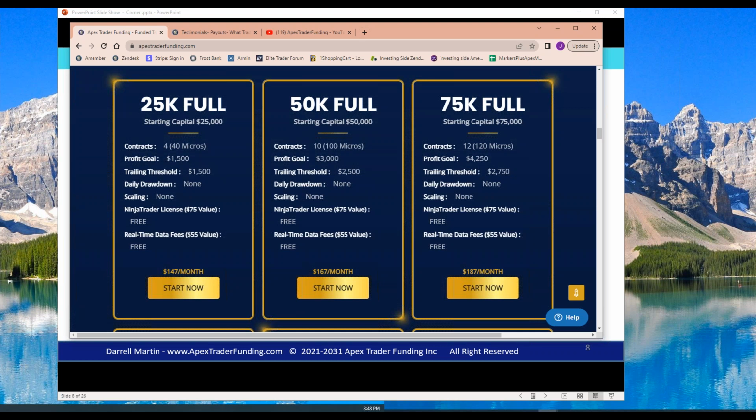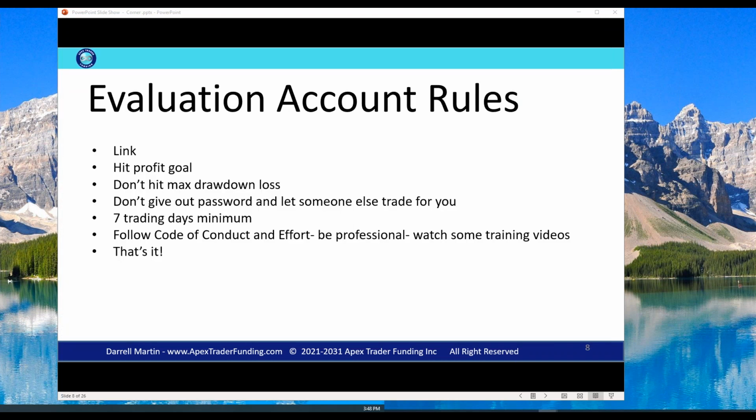The more rules I put on you, the harder it is for you to pass. The more likely it is that you're going to have to pay me more and more and more money. Do you understand what I'm saying now of fees versus funding? There's a difference. Fees versus funding. And it's all about this right here. What are the rules? How hard do we make it for you to make it? Understand?